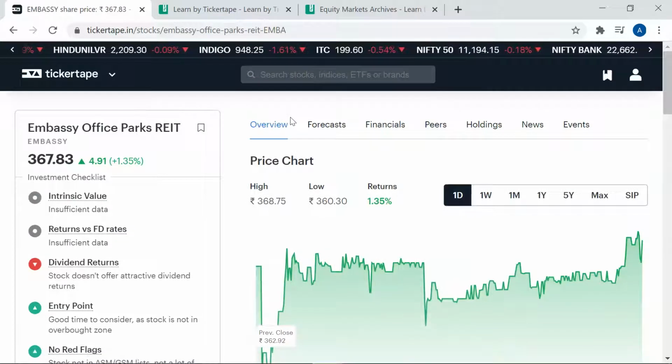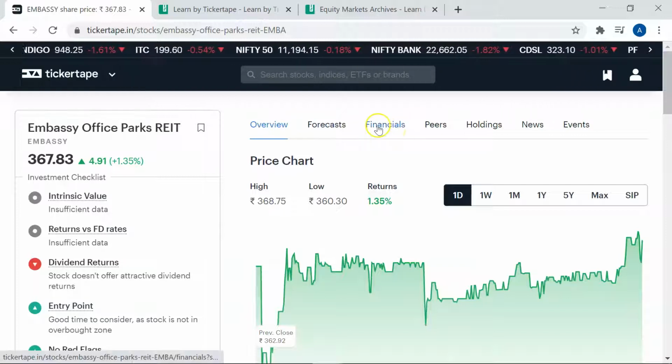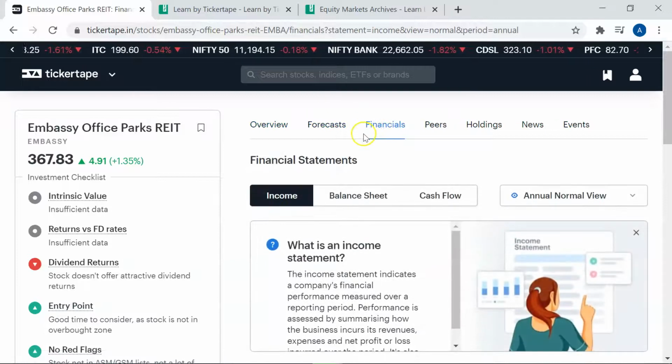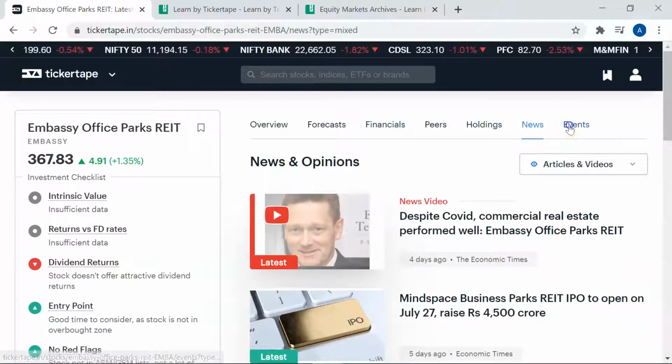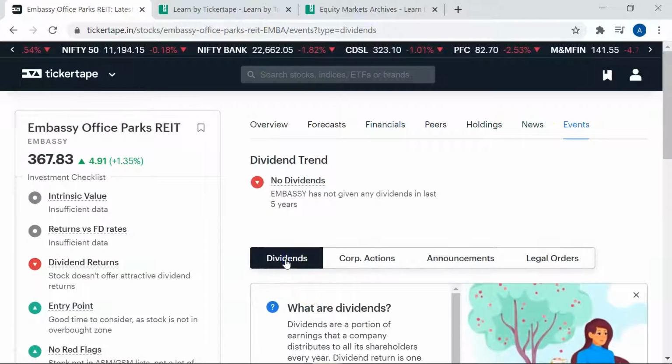Some of the data presented in this are not matching. Some of the data are wrong. It's only 99% accurate. It's not 100% accurate. Say for example, I will go to the news tab, or say events tab, and I will go to the dividends tab. Okay, this is Embassy Office Parks REIT, and in April 2019, this REIT came up with the IPO with